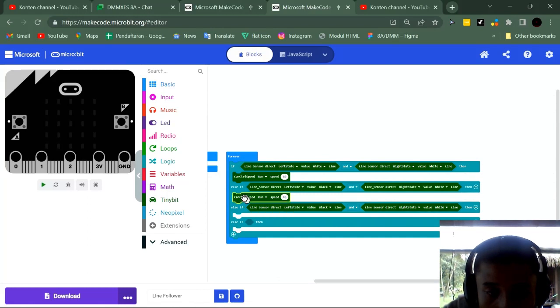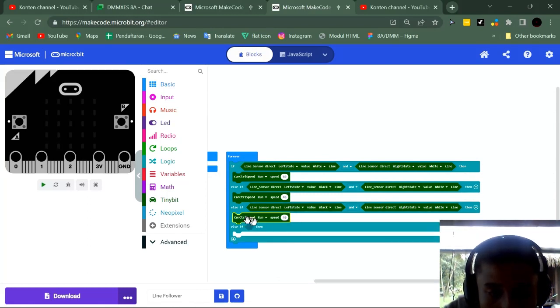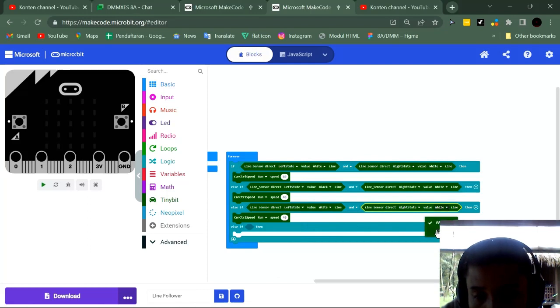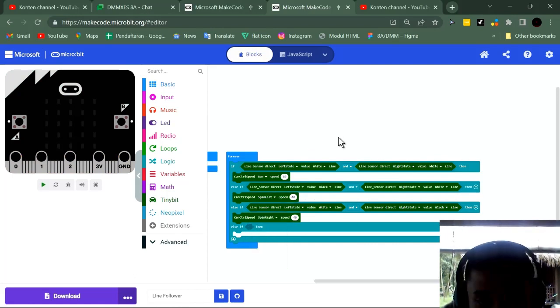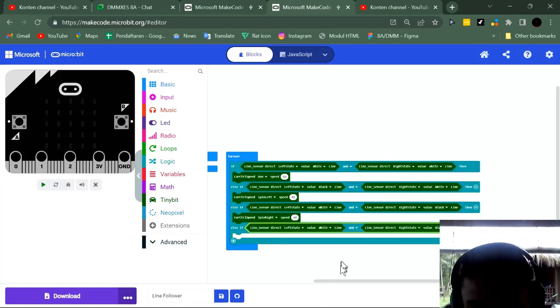And this GRL. So I will change. Left is for white and right for black. We will change to spin right. Spin right, sorry, this is spin left. And then this is